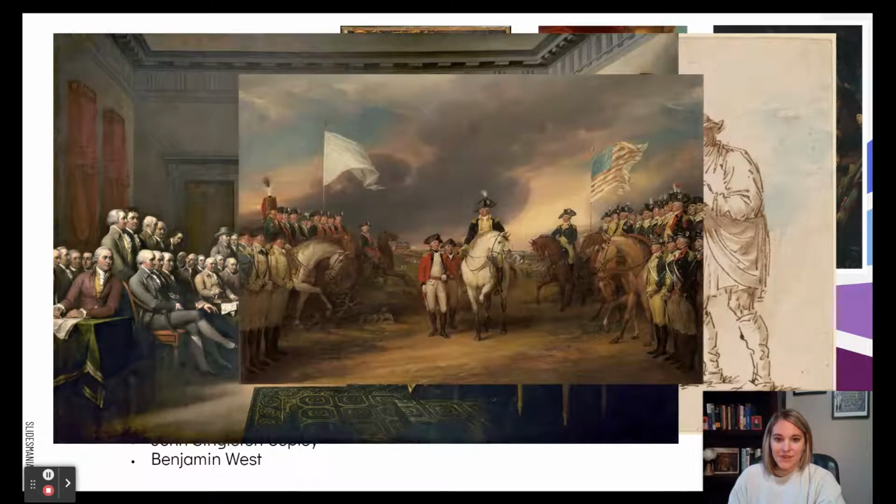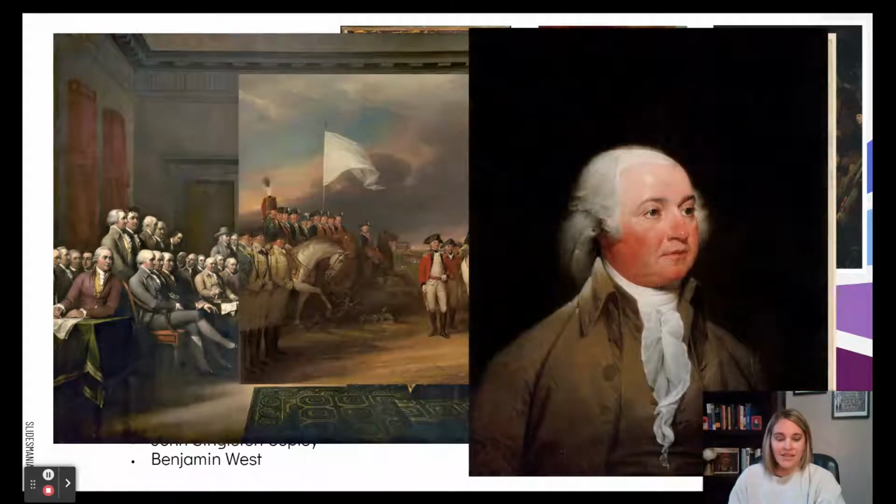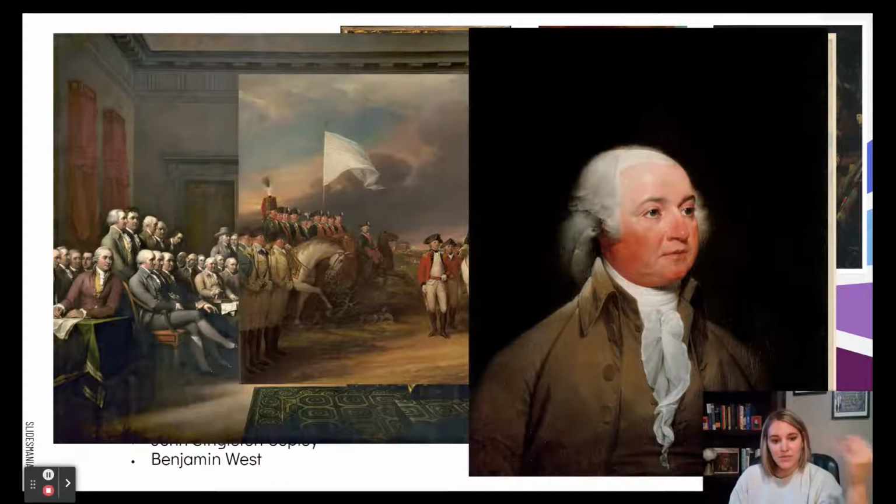Here we have a Revolutionary War painting by John Trumbull you may recognize. And then he also did the official portrait of John Adams. So I think you can sense a really similar style. Benjamin West is obviously the most unique of them, but there's some really American elements in these paintings as well.